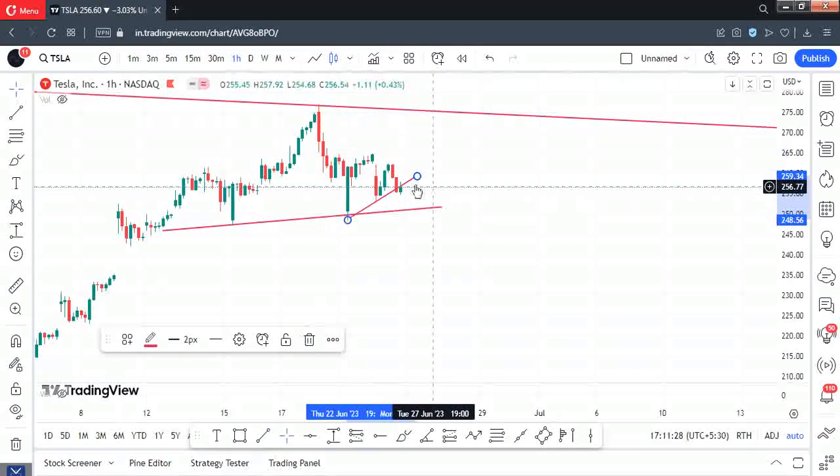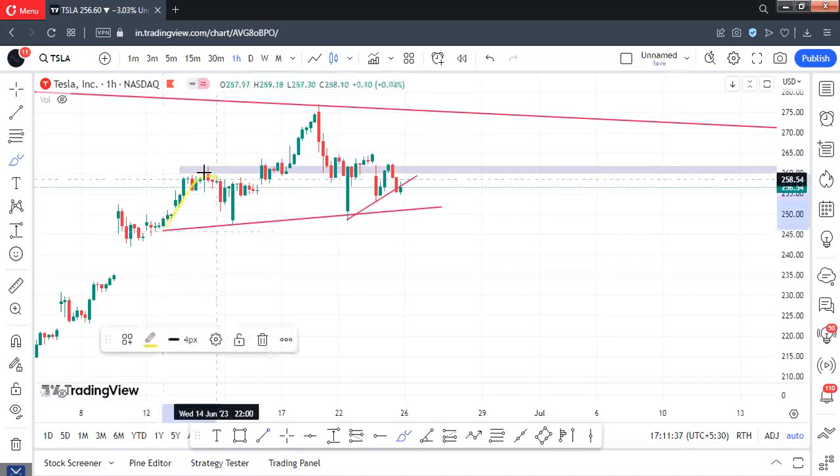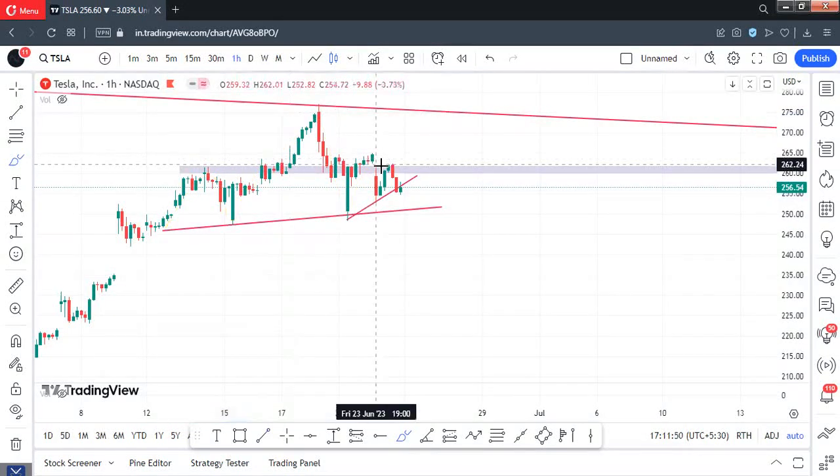So currently we are at a very good trading spot. If we can see here the price action, it faced resistance, it broke out, then came back again, then broke down, then faced resistance again. So it is a very good trading spot. Our first objective is to find a trading spot,